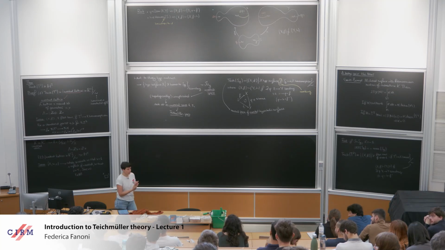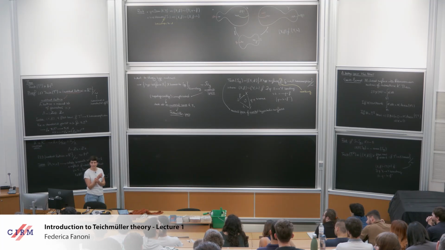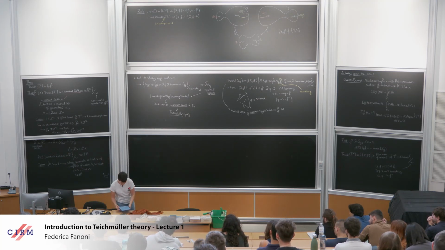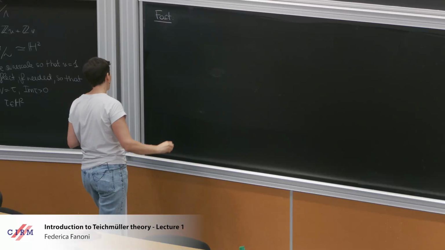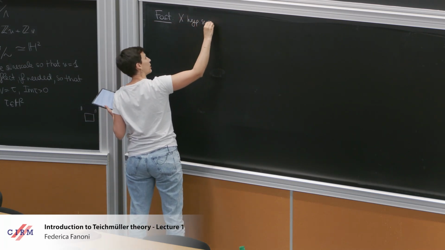Now, something I would like to tell you is one reason why we might like Teichmüller space, despite the fact that its definition is weird, is because we can call geodesics and curves by their name. To tell you that, I need to first tell you something about hyperbolic surfaces, which is that if I have X, a hyperbolic surface,